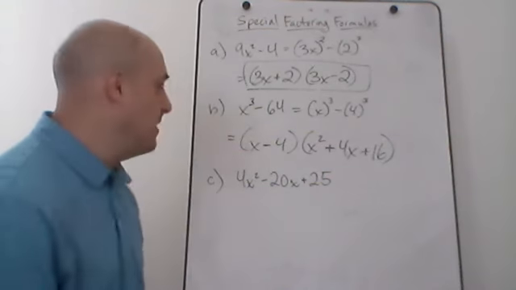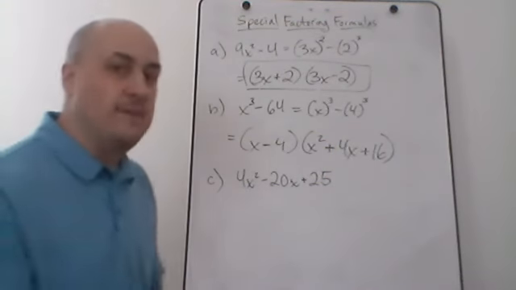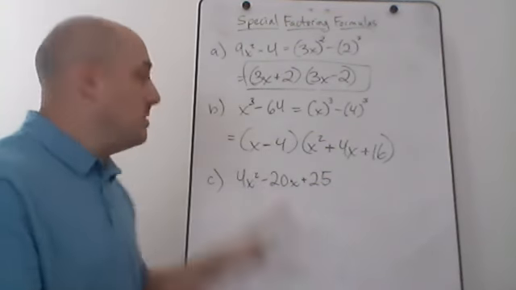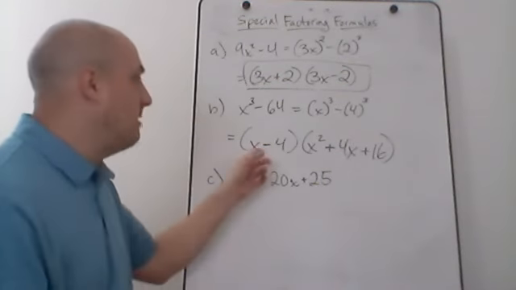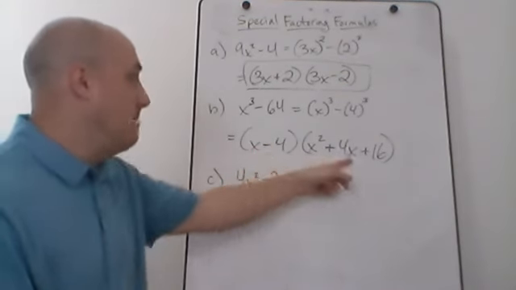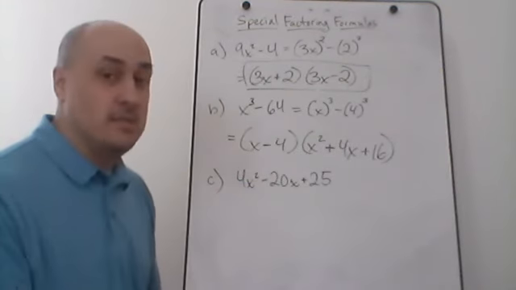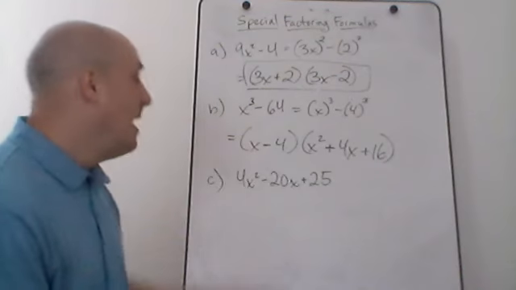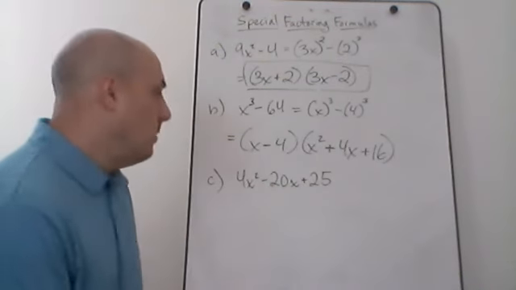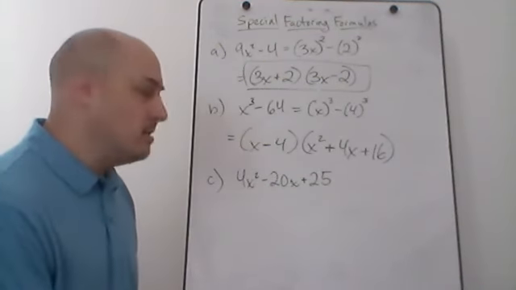And like I said in that other video, those don't come up that often, but when they do come up, if you don't understand the pattern or if you don't know the formula for it, it's really hard to try to figure out on your own that this times this is going to give me x cubed minus 64. It's one of those that's kind of hard to piece together on your own. All right, as opposed to the next one, which is one of those special factoring formulas, but when I look